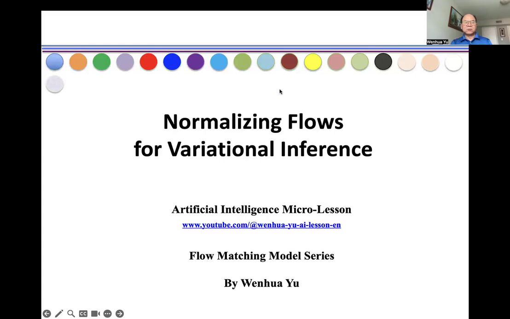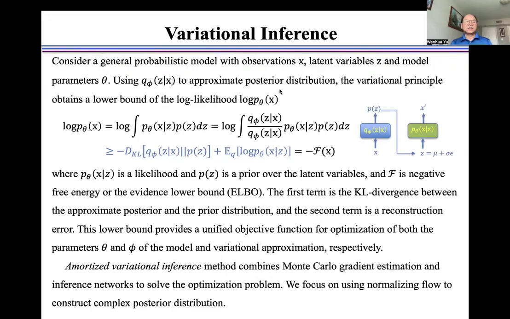In this video, I introduce normalizing flows for variational inference. Consider a general probabilistic model with observations x, latent variables z, and model parameters theta. Using phi to approximate a posterior distribution, the variational principle obtains a lower bound of the log likelihood as